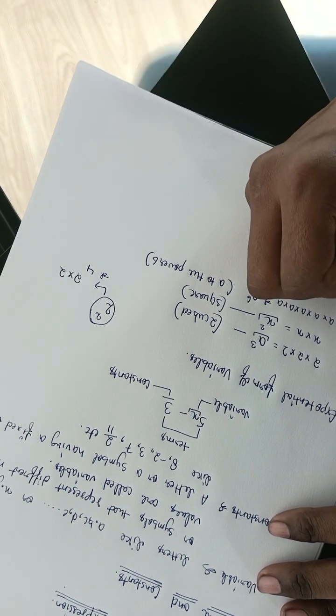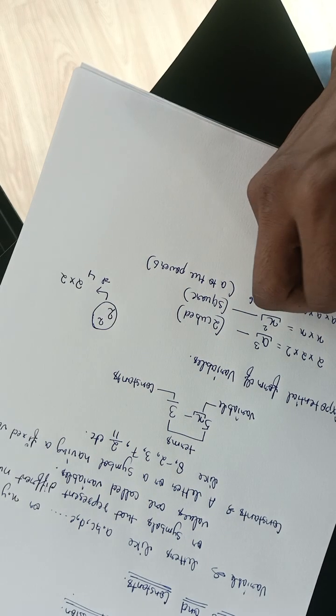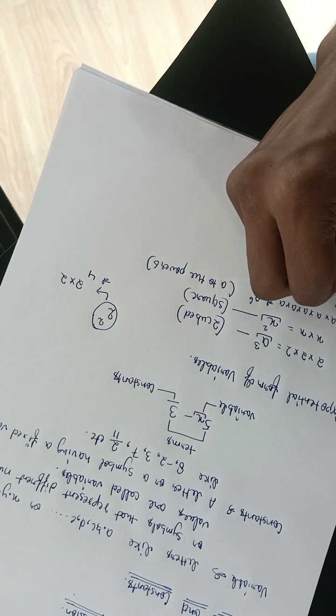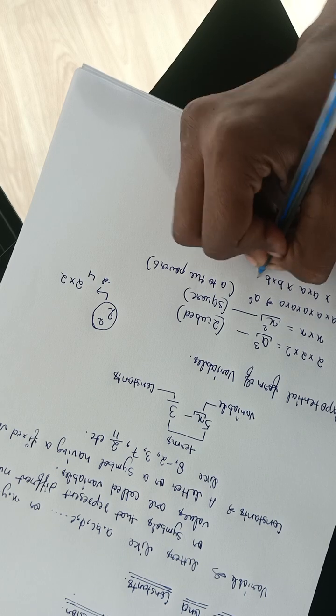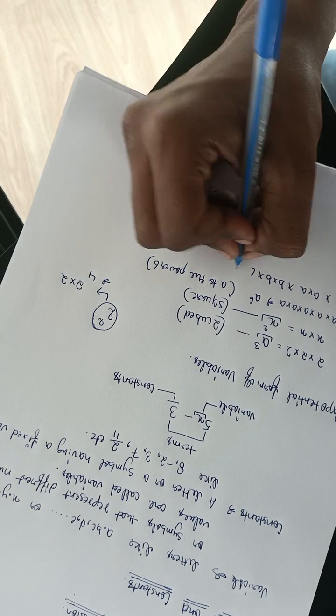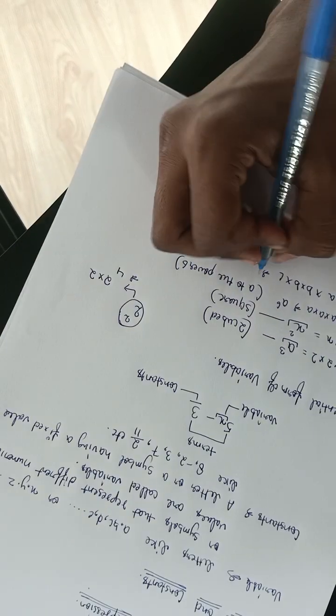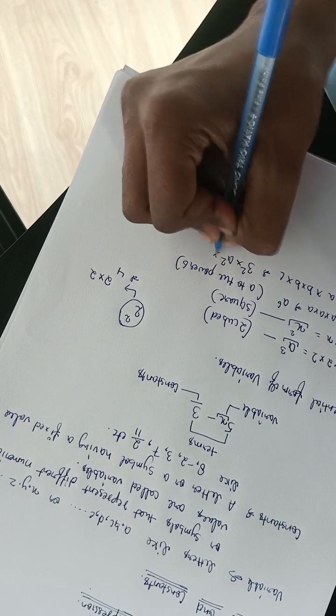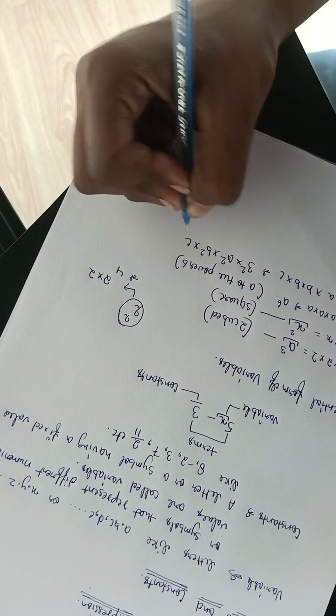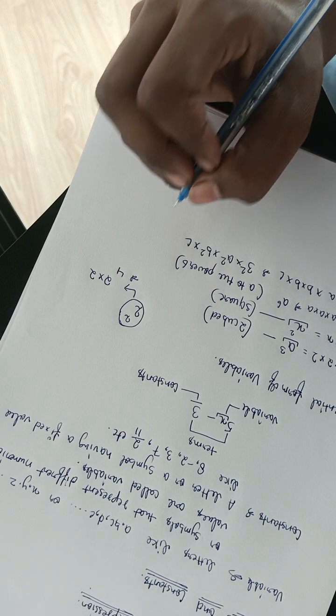Whereas this is the next example. Here what we can see, it is saying 3 into 3 into a into b into c. So from here what will come? From here it will come 3 square into a square into b square into c. Okay,